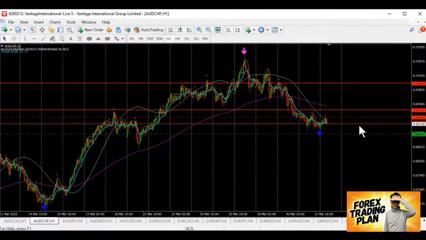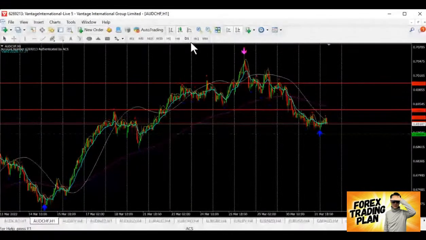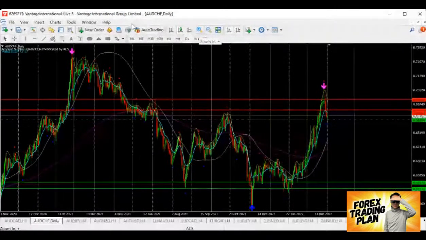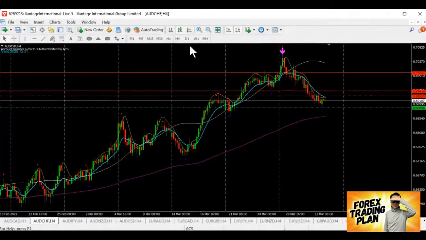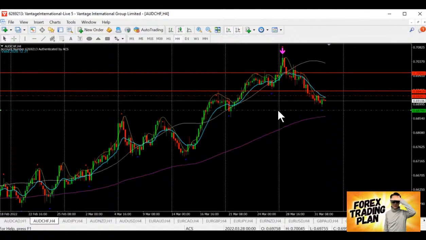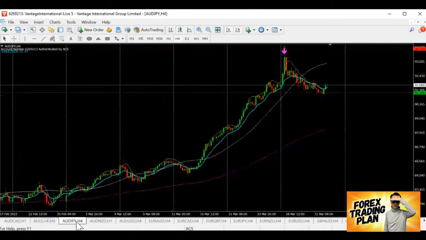This area of support. So Aussie franc, looking at it, we have about 20 pips to go. Will it be good to sell in these 20 pips? I will say that probably, yeah, we do have some chance. We can still take a look at this level of support, which is very strong. So Aussie franc, I'm going to put this into my list, so that it is something we can focus on to sell.